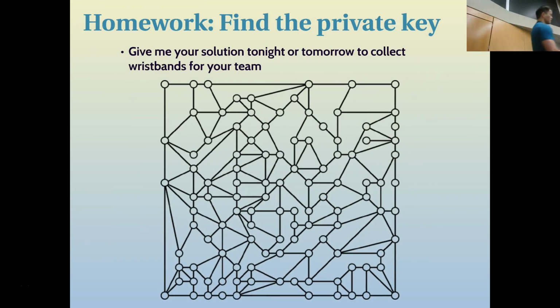So your homework is to find the private key of this graph. It looks way harder than it is. We put a little bit of a backdoor in there to make it a little bit easier. And if you struggle with this for more than, I'll give you 30 minutes, you can come to me and I'll give you the thread that will unwind the whole graph. But that's intentional. We stuck that in there intentionally so you wouldn't have to spend hours and hours on this